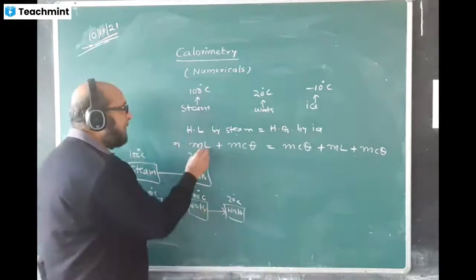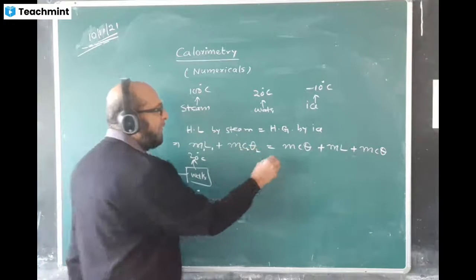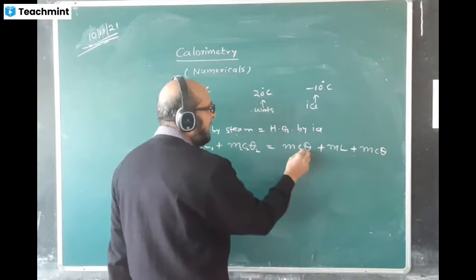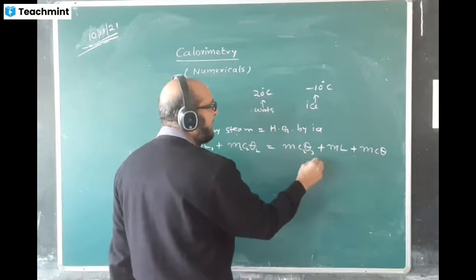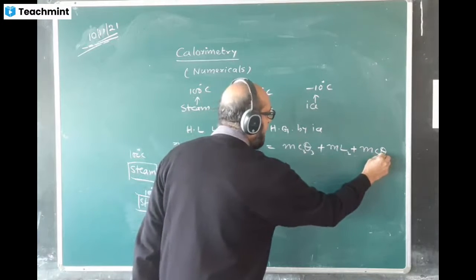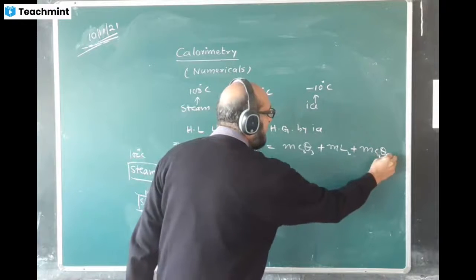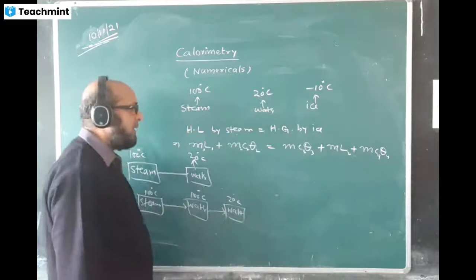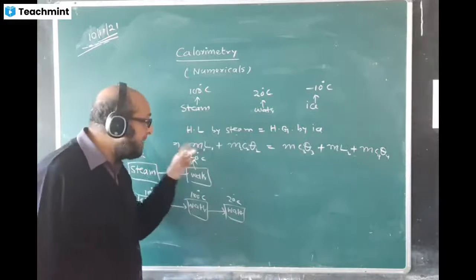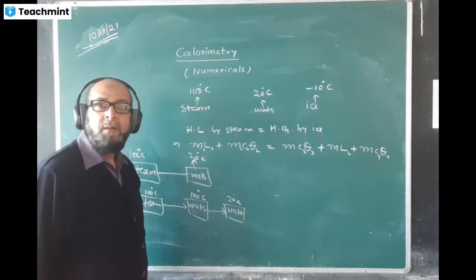Now here we can put M1, and this kind of thing you can put M2, C2, like that, and theta 2. Here you can write the mass, this is all ice only, no? The mass is the same. This one you can write as C3, theta 3. This will be M2, like that you can change. C4, you can write theta 4. Like that you can do. And the one unknown here, you can find out. The main thing is making the equations. Hope you have understood.